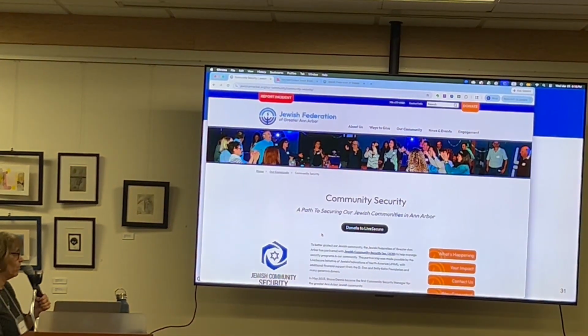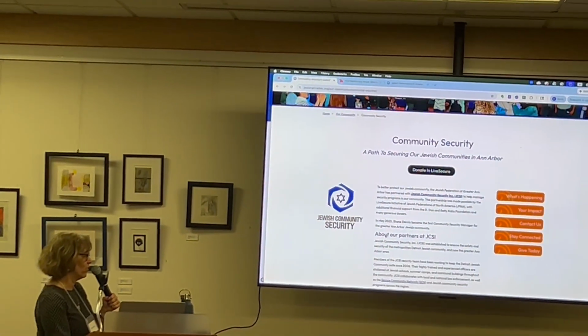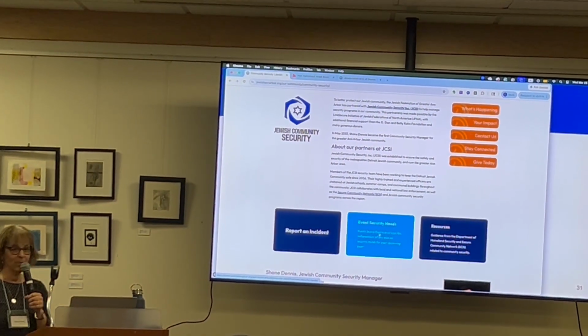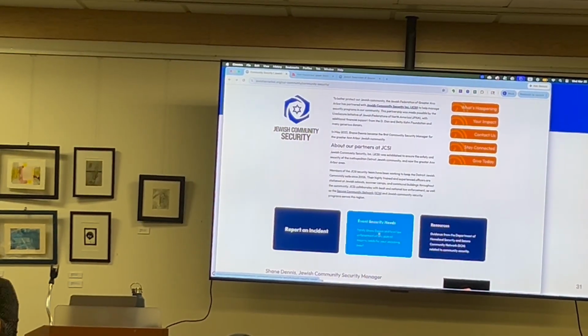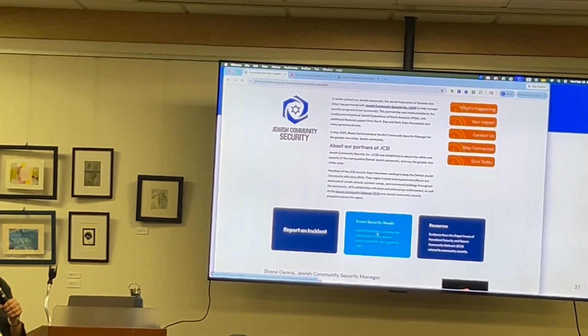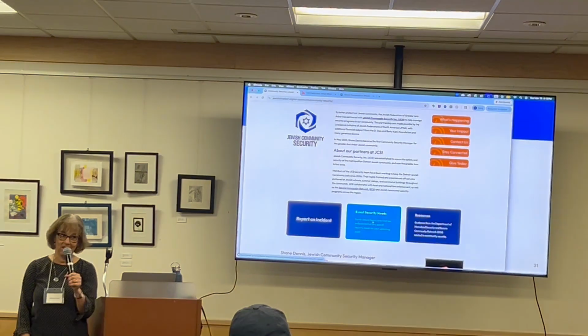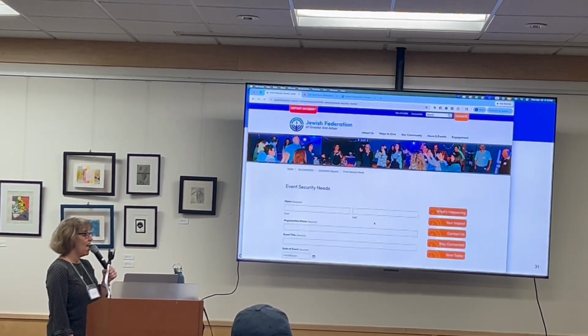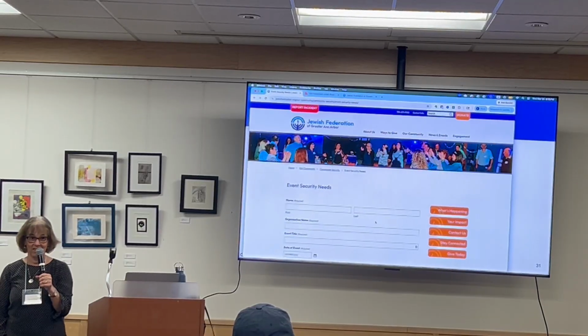The other very important thing, and this is for your roles as board members, is this whole event security needs form. I'm going to call out TBE for being the number one user of the event security need form. Shannon uses this form for everything, and Shane really appreciates it.